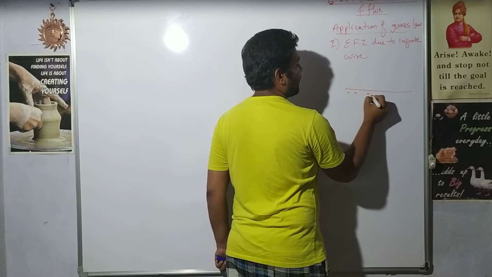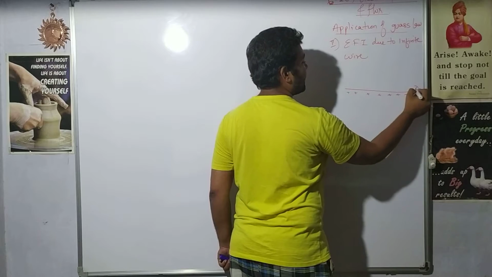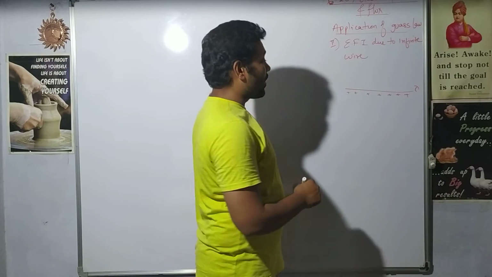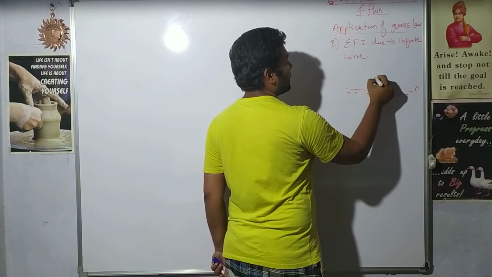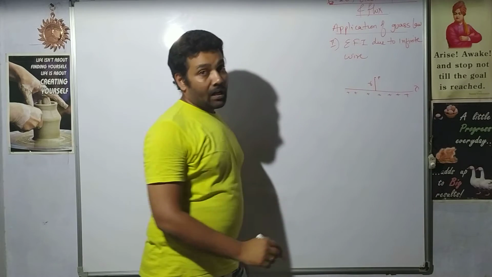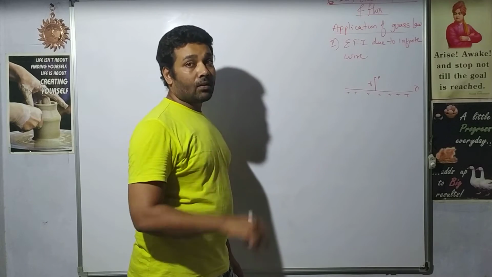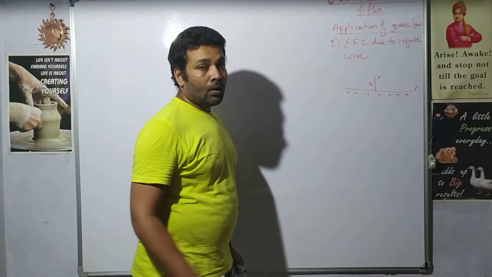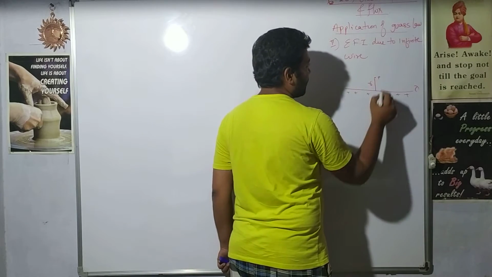This is a wire having a uniform charge density lambda, right? What is the electric field intensity due to this wire? So I want to calculate electric field intensity at a point P, which is located at a distance r from the wire. Then what is the first step? If I want to calculate electric field intensity using Gauss law, what is the first step? The step number one is